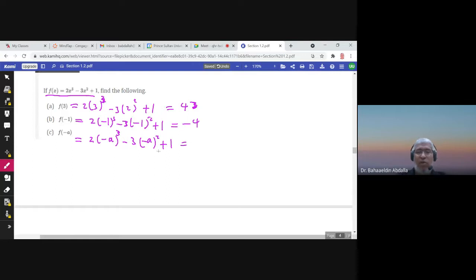Okay, so this would be 2 times, now (-a) to the power 3, -1 to the power 3 is -1, and a to the power 3, minus 3 times negative. Now negative 1 to the power 2 is just positive, so I will have a squared plus 1. So now I have negative 2a cubed minus 3a squared plus 1, and this would be f of negative a,